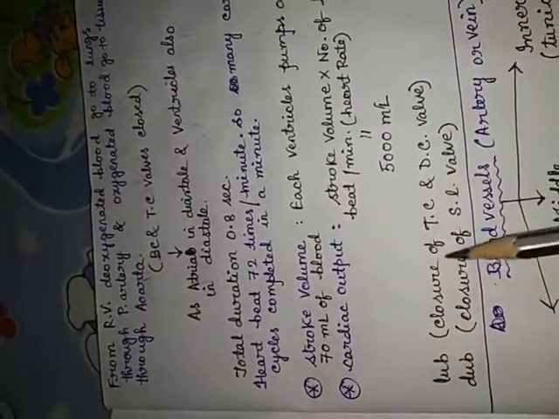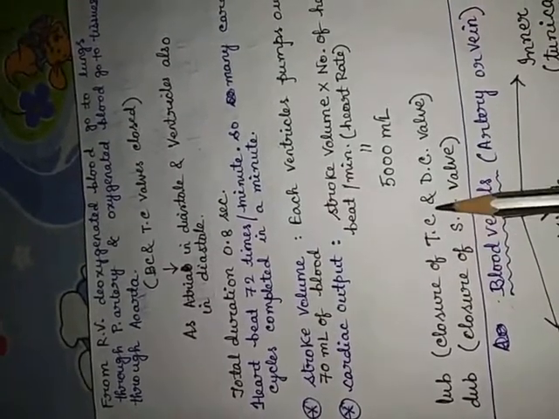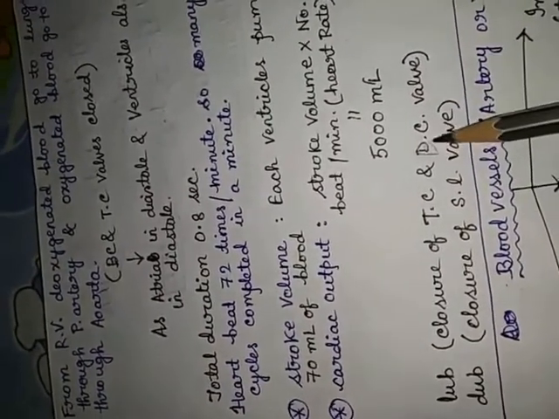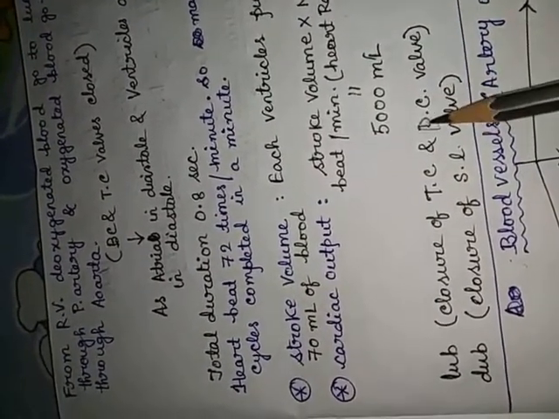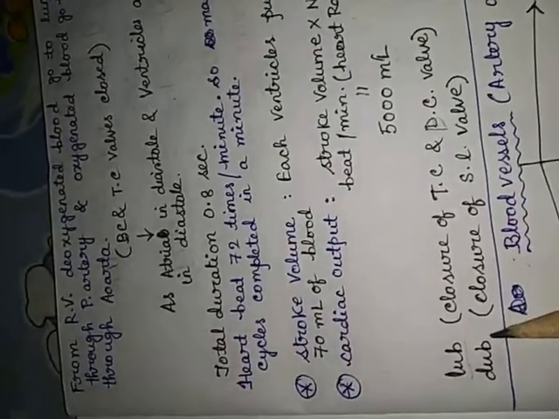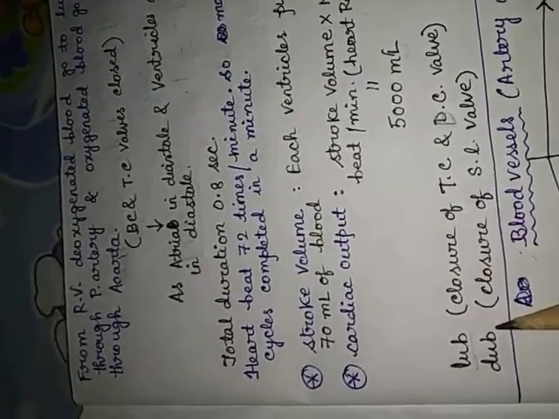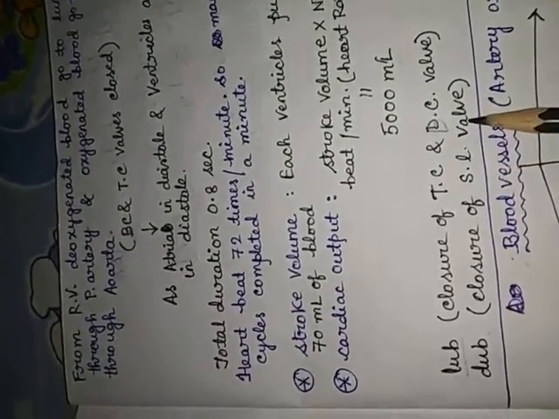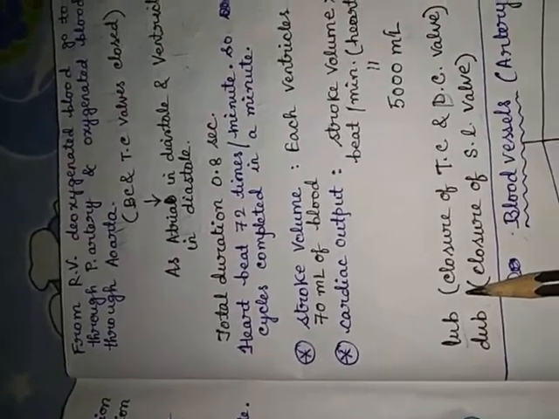Okay, and now when the tricuspid valve and bicuspid valve become closed, at the time of closure a sound is produced which is the first sound, LUB, and DUB, this sound occurs during the closure of semilunar valves. So both these two sounds are produced. Okay,